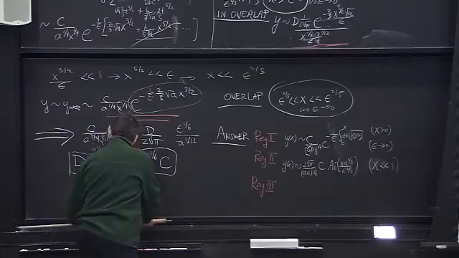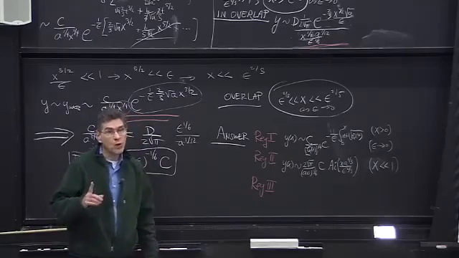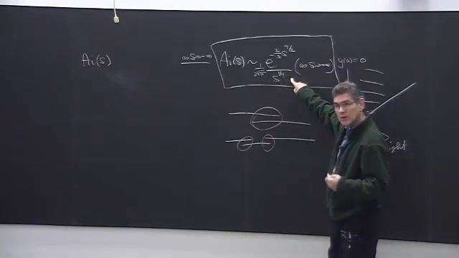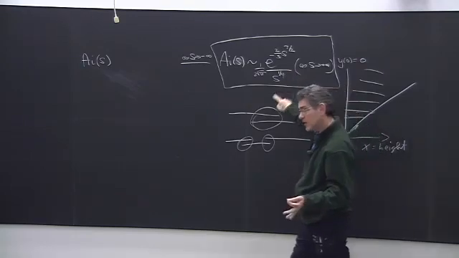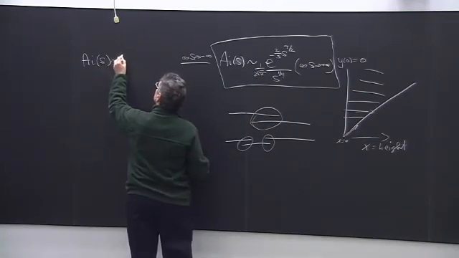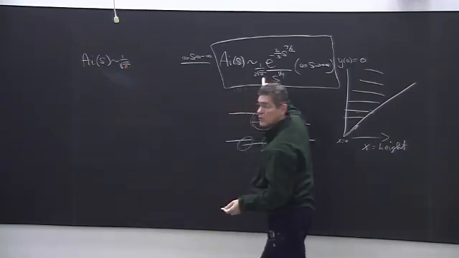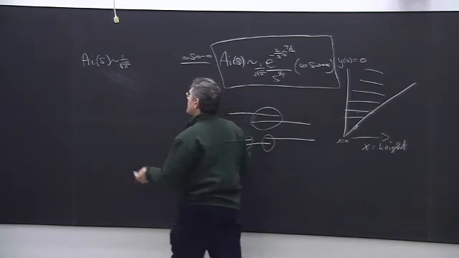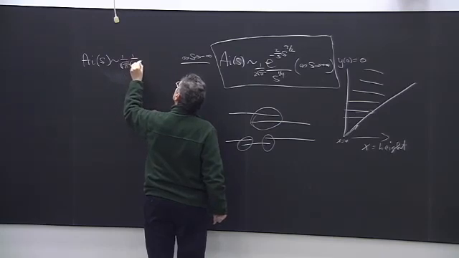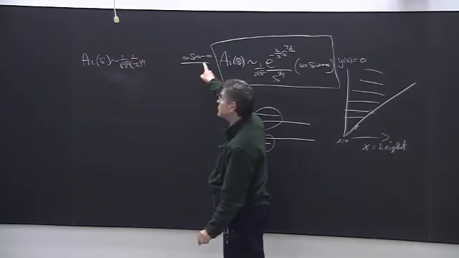Now, I'm not going to do the calculation for you because I don't want to bore you to tears, but there's only one more fact that you need to know. If you look up in a book, what does Ai of s look like as s goes to minus infinity? It doesn't look like this, because of the Stokes phenomenon. There's a different asymptotic approximation, and in that region, the Airy function is oscillatory, and Ai of s looks like 1 over the square root of pi, not 1 over 2 square root of pi, but just 1 over square root of pi,